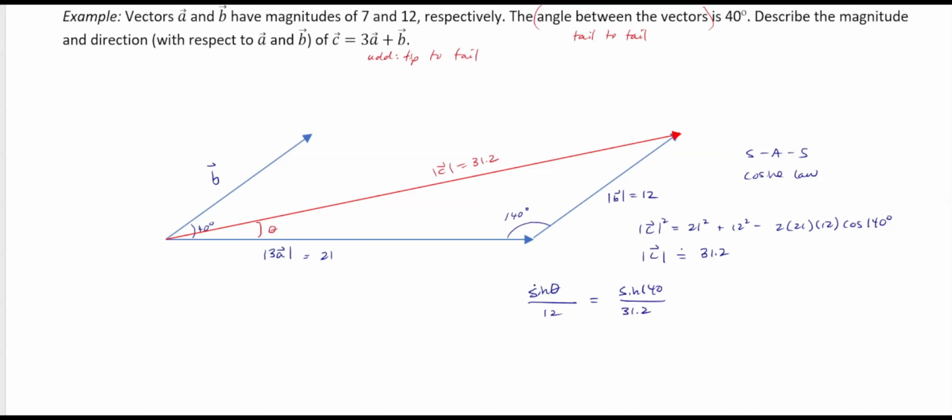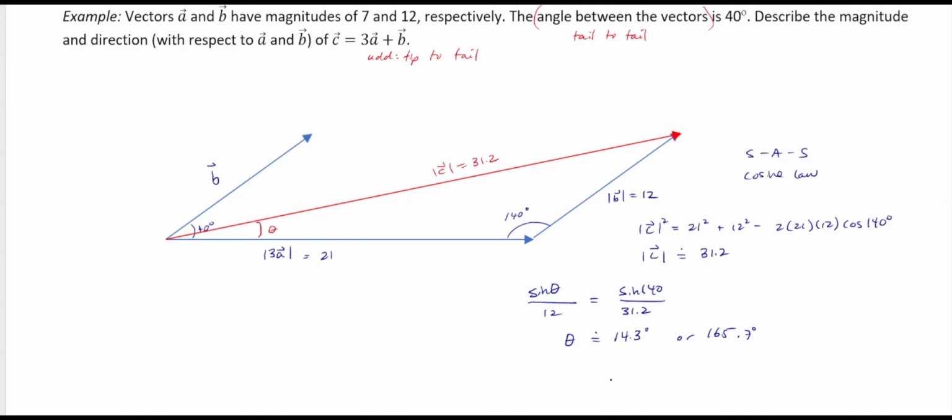Now, if you want a really accurate value for theta, ideally you should preserve whatever this number is in your calculator with all its decimal places, and then sub that into your calculation right here. And then you get theta is approximately equal to 14.3 degrees